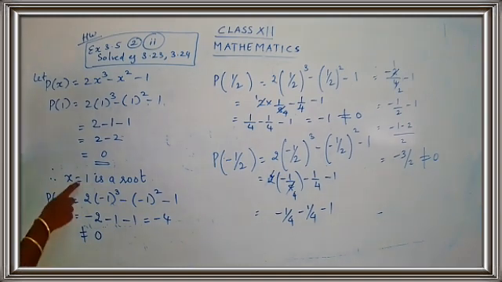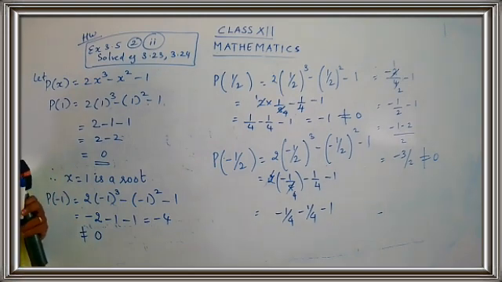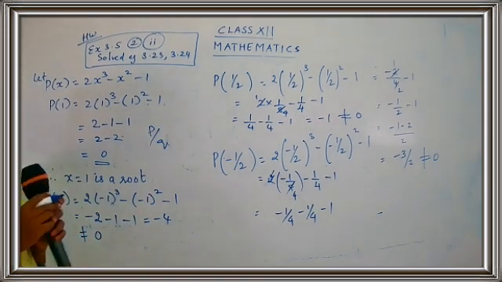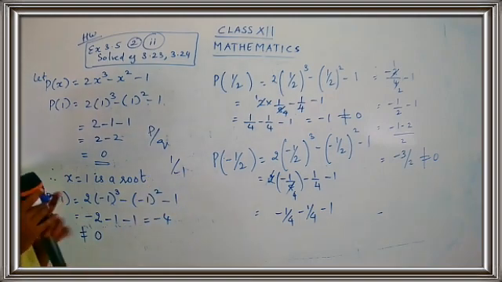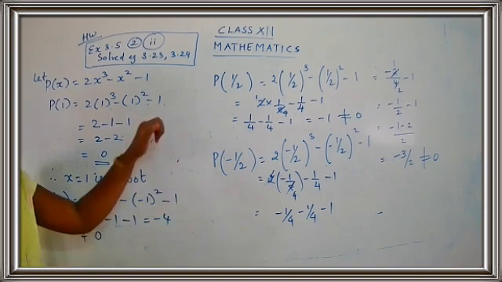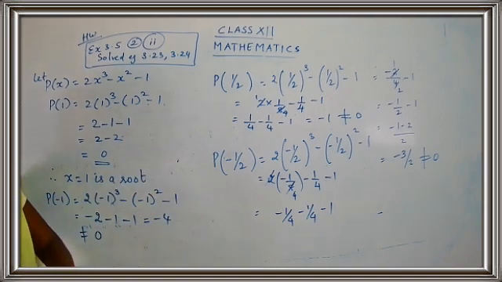Here see, why I say p upon q is a root? Because we were talking about the fractions. We considered the fractions. So what is the meaning of p upon q? It is a rational number. Yes, children? So we considered the fractions. But when we solve, we get the answer. Now 1 upon minus 1 is minus 1. So for this sum, I got the answer as an integer. So when I wrote the numbers in form of fraction, I got the answer in integer form.